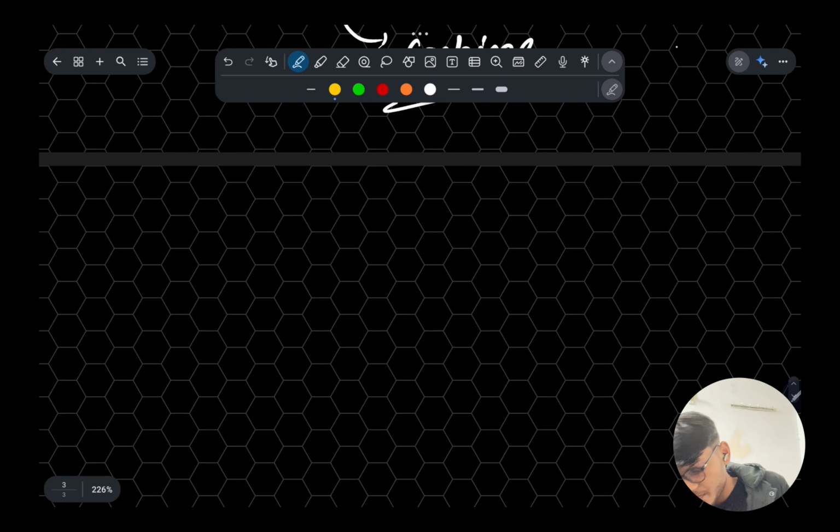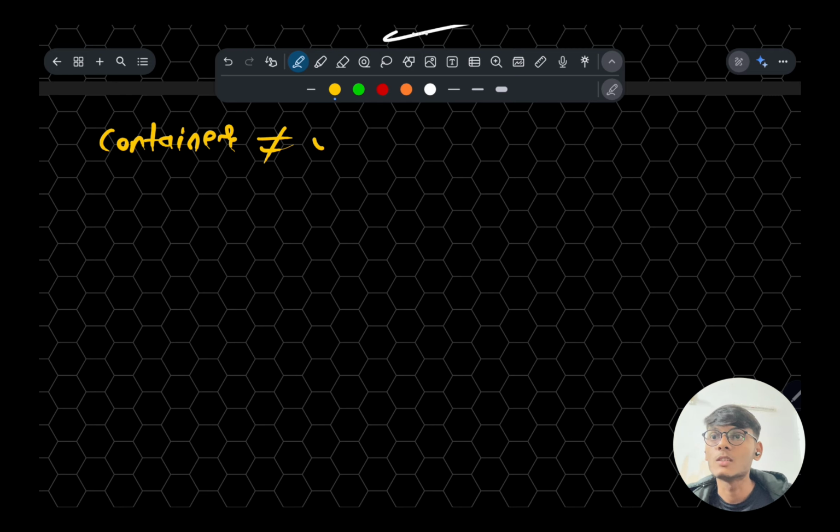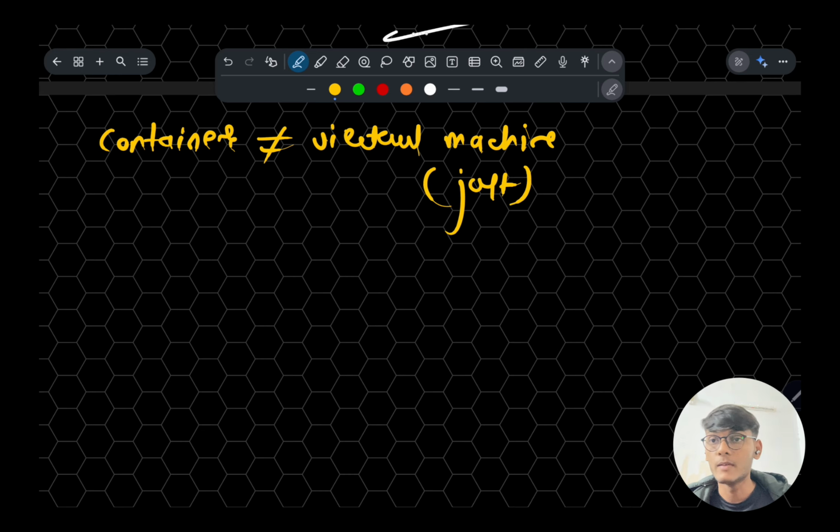But wait, isn't this just a virtual machine? Actually, a container is not just a virtual machine. A virtual machine is like building a separate house for every family. It has its own heavy operating system, meaning its own kernel, its own plumbing, and its own foundation.